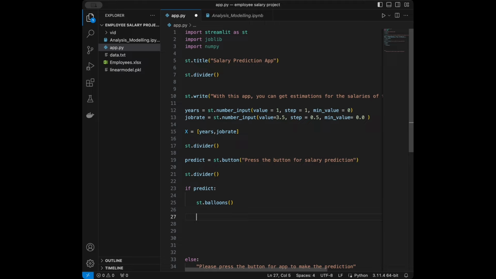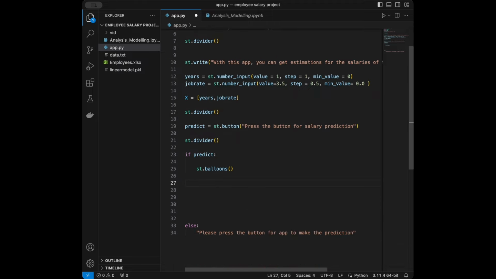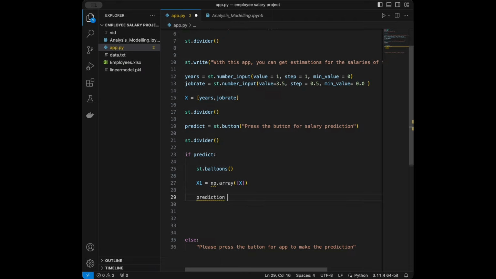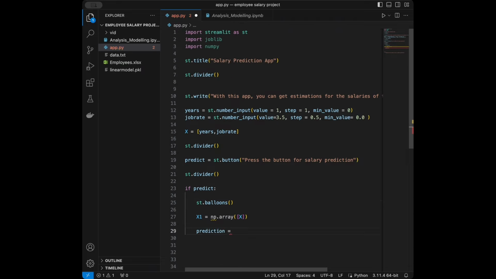Then we are going to say x1 is going to be numpy.array, and we will give the x like this, but we give it with brackets since we need to pass a two-dimensional array inside the predict function, and we are going to get the prediction from, I forgot to load the